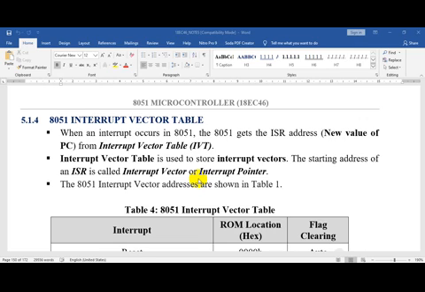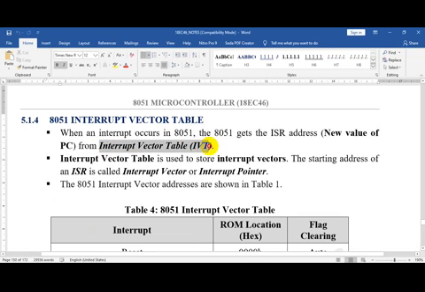In order to branch to the interrupt service routine, the processor should know the address of that ISR. Those ISR addresses are provided by the interrupt vector table. These ISR addresses are fixed. What is the meaning?